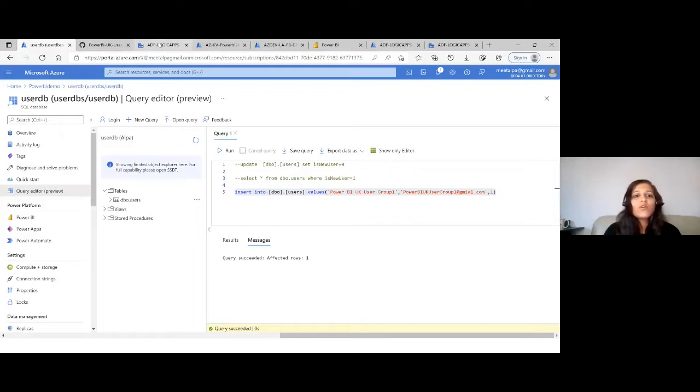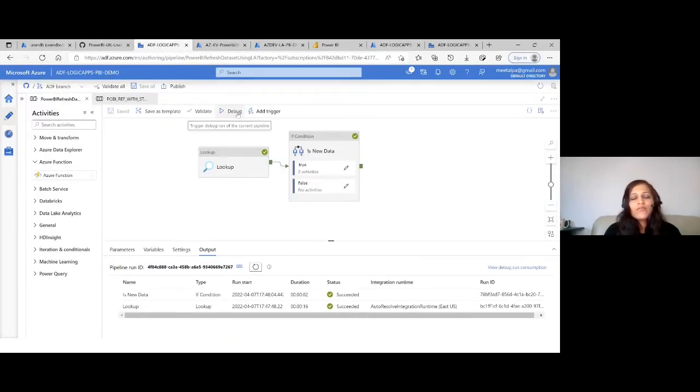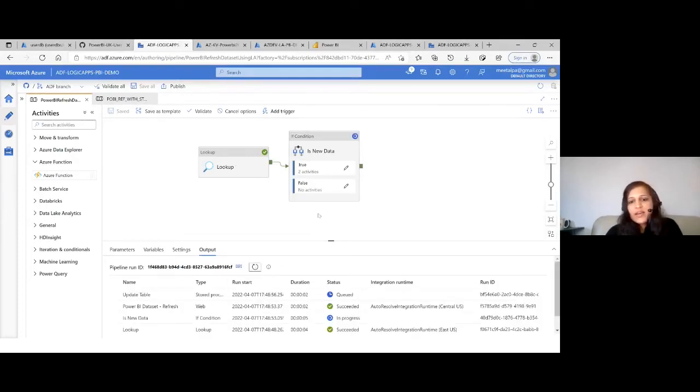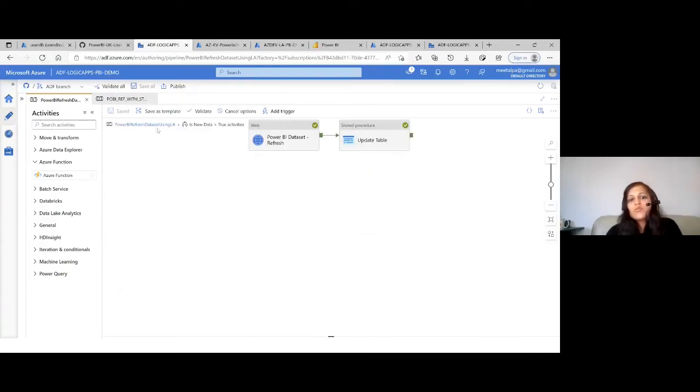So if I now come to here and run this again, it's trying to find out whether new data has arrived in the table or not. And if we find that new data has arrived, then you can see that it comes into here. It's checking here whether new data comes or not. If it's true, then this is the one